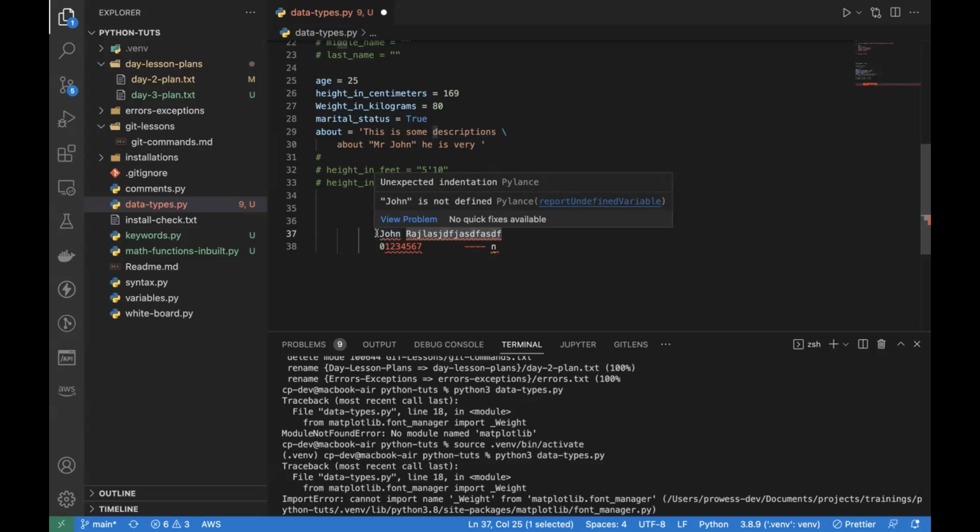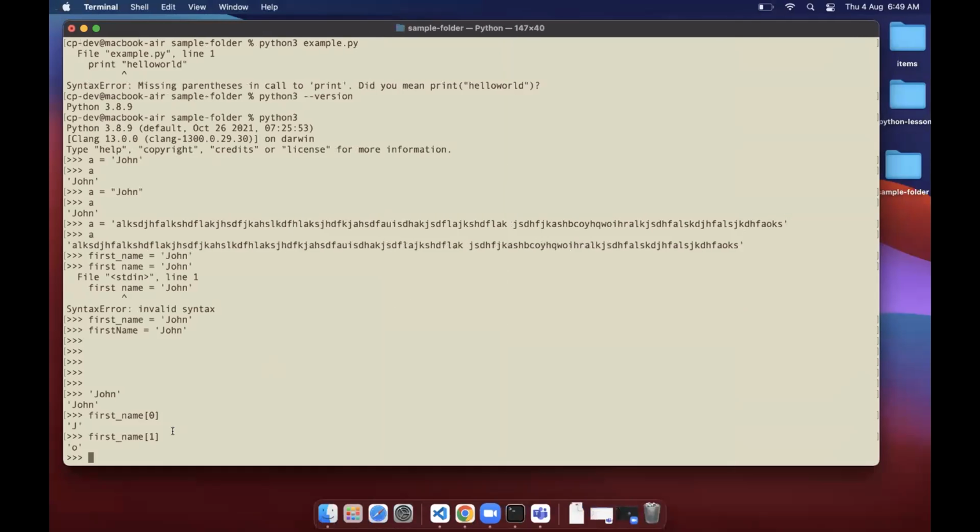John is a single word, right? I can access it character by character. That's what I'm trying to say here when I say iterable. Okay, so let's see in the case of